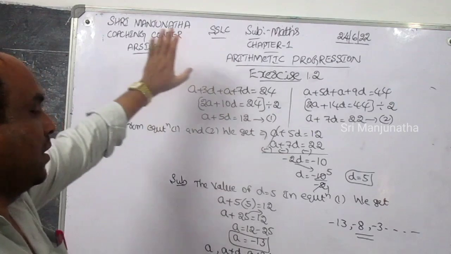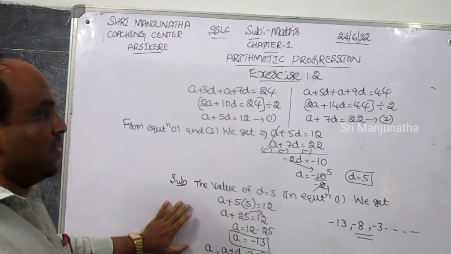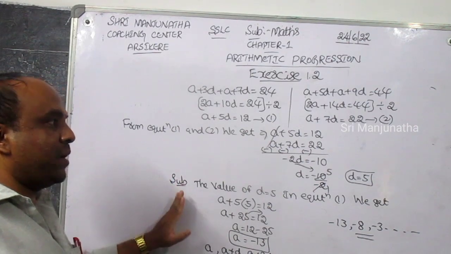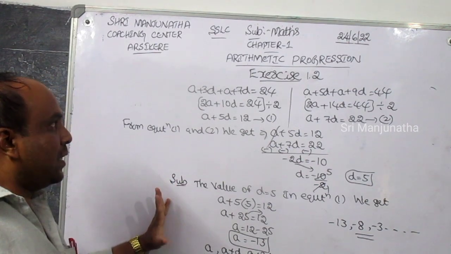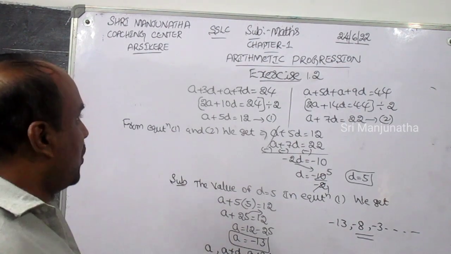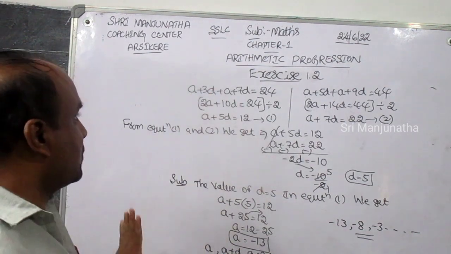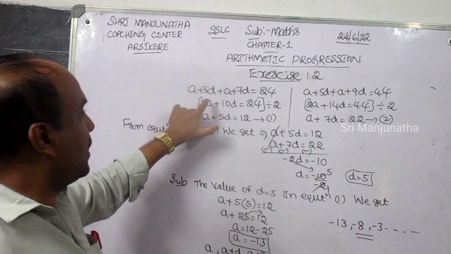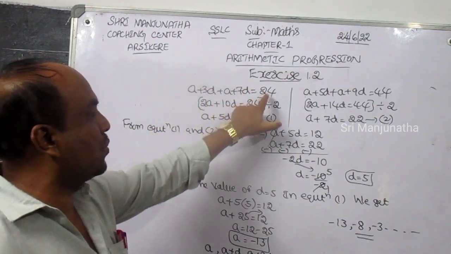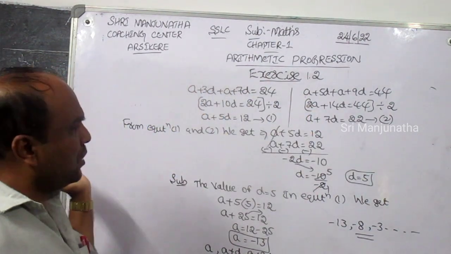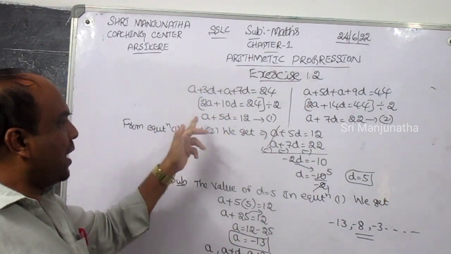Okay, it is a long problem and also very important from the examination point of view. I have to erase the problem. What I have to do? There is no space here. For those reasons, I have to solve it again. A plus A is 2A. 3D plus 7D is 10D is equal to 24. The common number is 2. For those reasons, I have to divide the whole equation by 2. I have to get an answer.